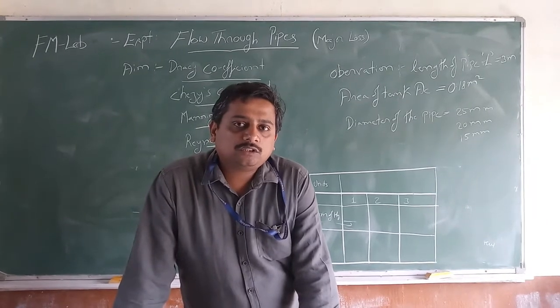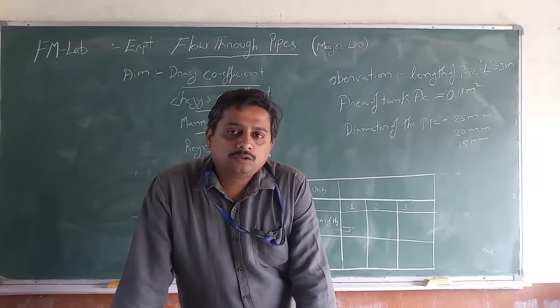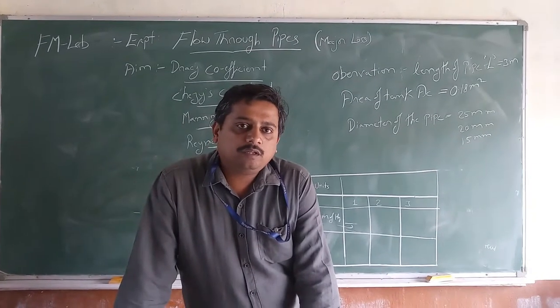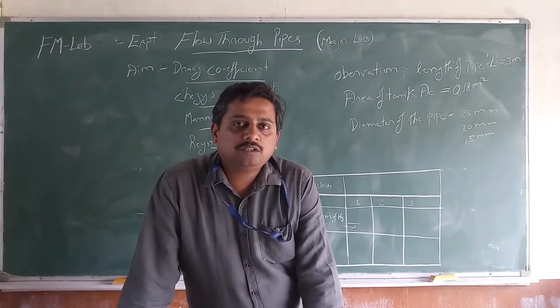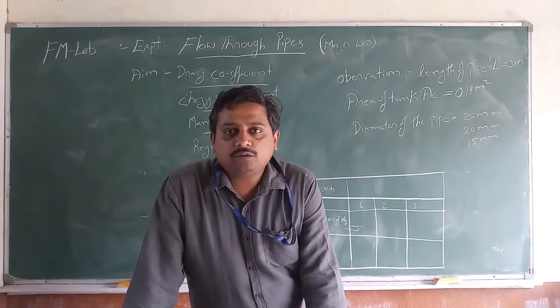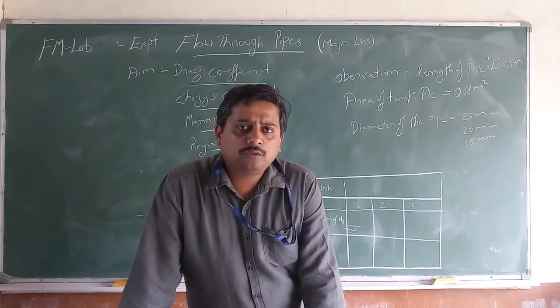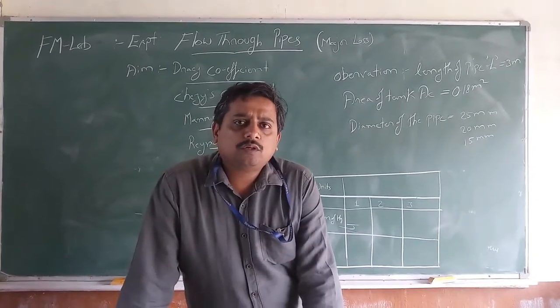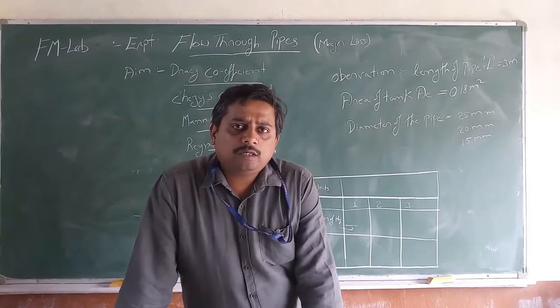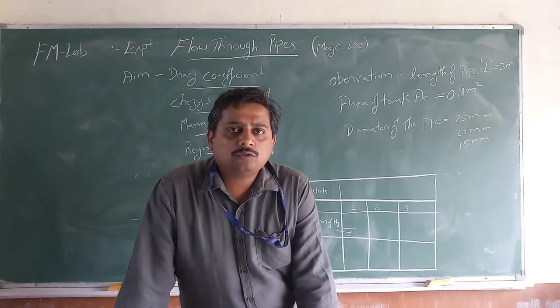The major losses are the ones which account for more. So when the flow is taking place in the pipe, the friction is taking place with the pipe material, pipe surface, and that of fluid itself. So those losses account for a huge amount. So we call it a major loss. When compared to minor loss, these losses account for a major part.